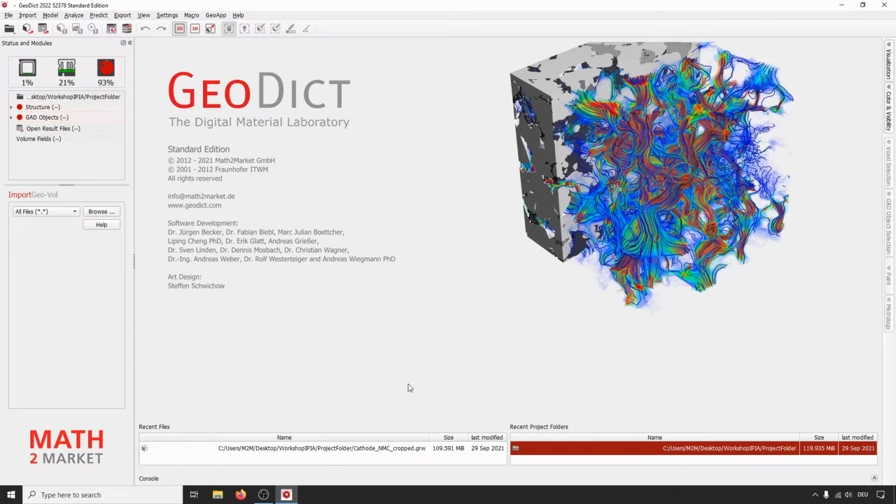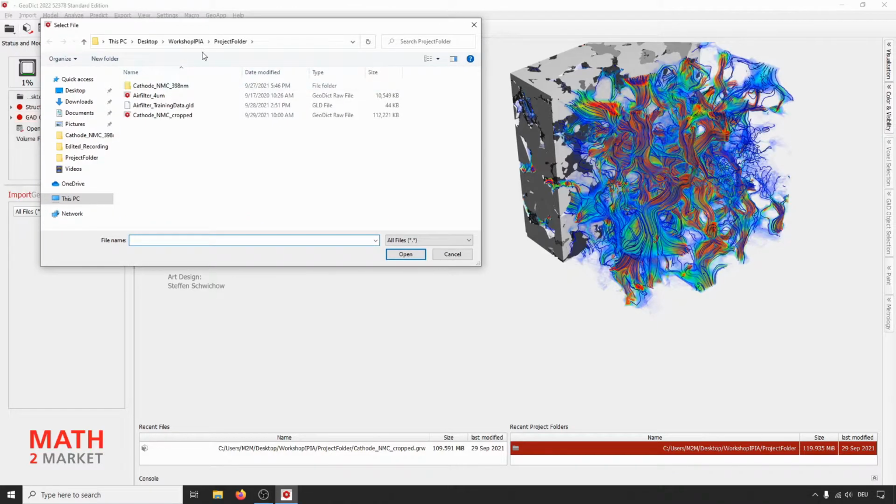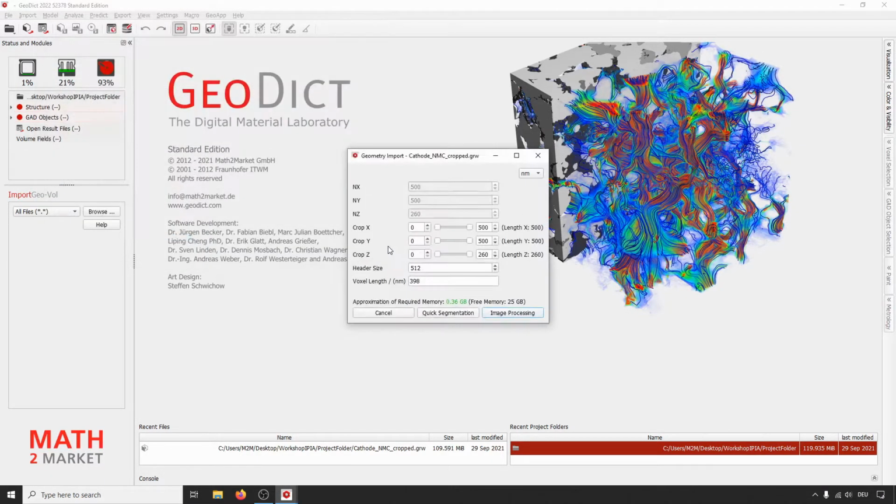Otherwise, if it doesn't appear there, or if you didn't do the first part, just go to import, click on browse, and then go one folder up into the workshop IPI folder, select the results M2M folder, and select the file here, cathode NMC cropped from the MatchoMarket results. So everything is in there. Just click open, and then you get into the geometry import dialog.